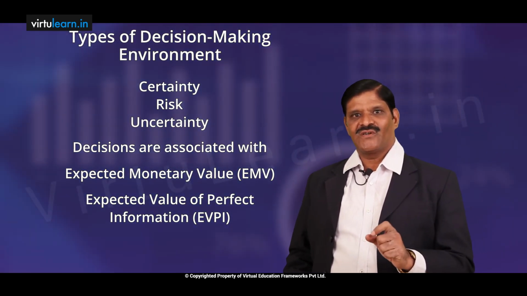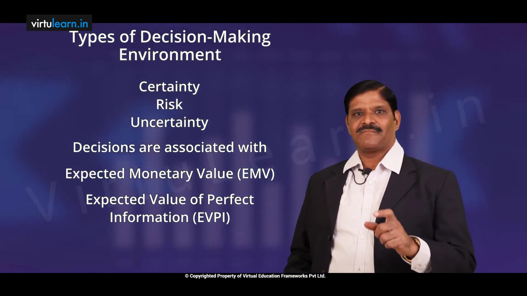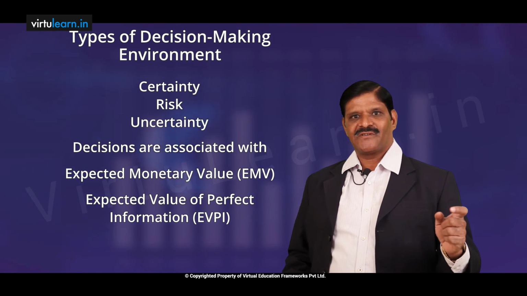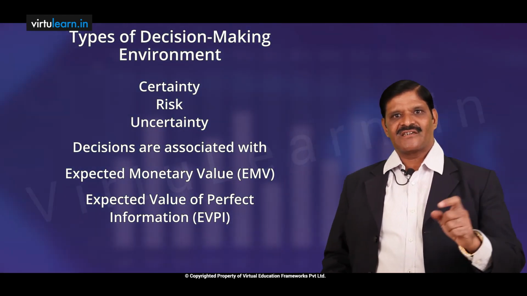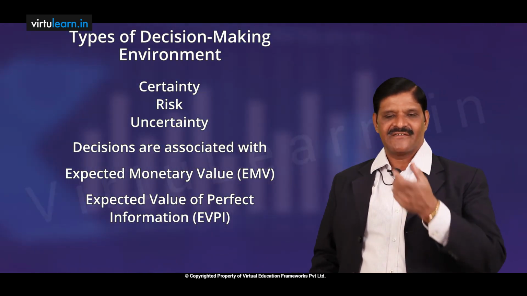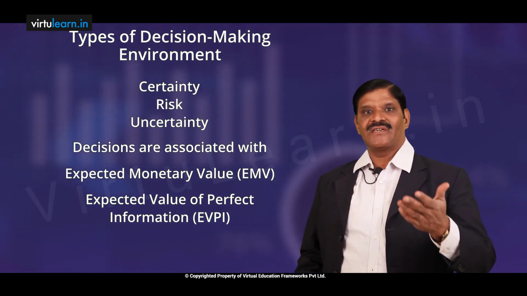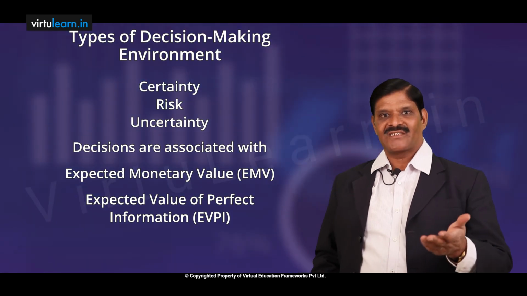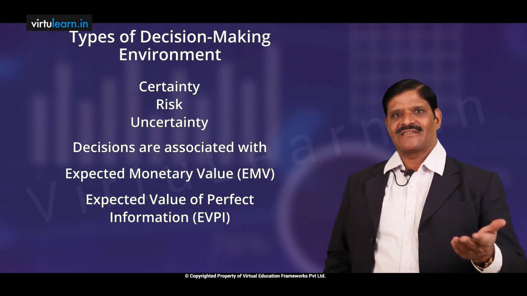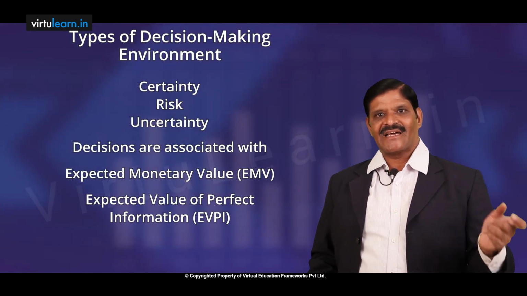So what we try to do here is, usually when we are making decisions, we make them based upon our past experience and available alternatives. Based upon those, we try to choose the best one, whichever gives us the best expected monetary value, or EMV. But there is an ideal situation, theoretically, where we exactly know the maximum potential, or we have complete information about the arrival of the customers or any decision situation. If that is there, it would be a better decision than the one you have chosen.